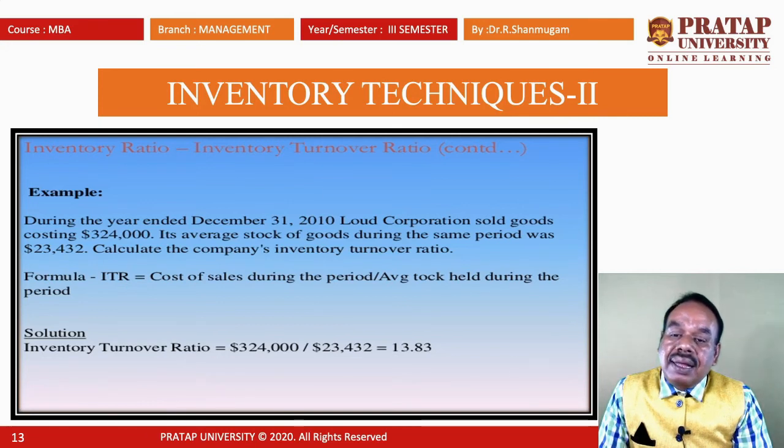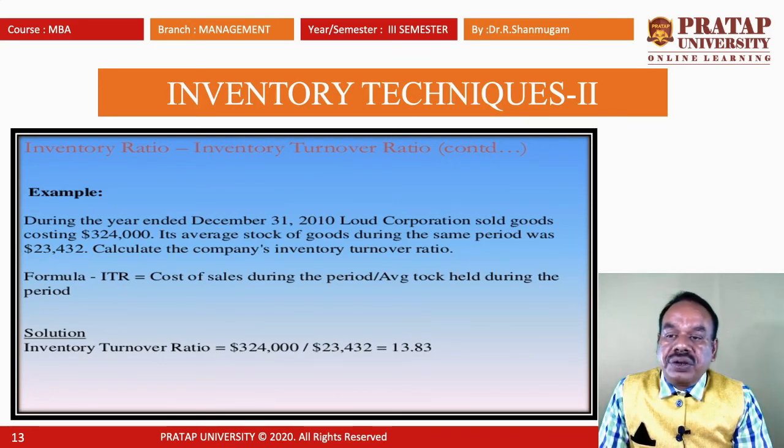Calculate the company's inventory turnover ratio. So formula: ITR equals cost of sales during the period divided by average stock held during the period. So inventory turnover ratio equals, the cost of sales was already given, 3 lakh 24